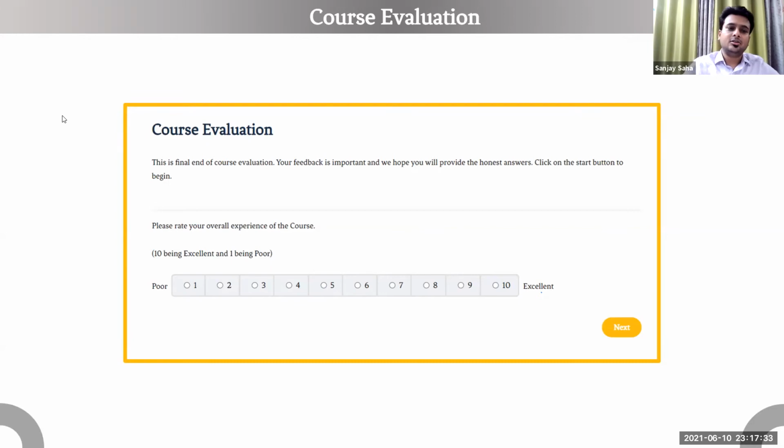Okay, so this is the last slide of this session. Let me quickly share the results of the previous poll. Most people say that last mile transportation and reverse logistics should be outsourced, but there are some people who would like to see the procurement function being outsourced as well. Okay, so that's a very good thing to see. So the majority is in favor of transportation, but some are in favor of procurement as well.